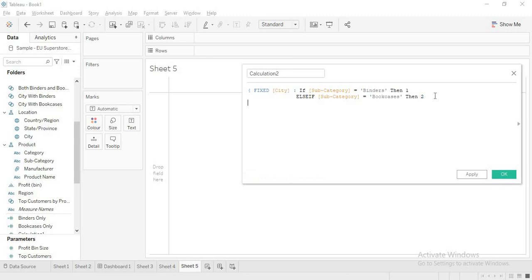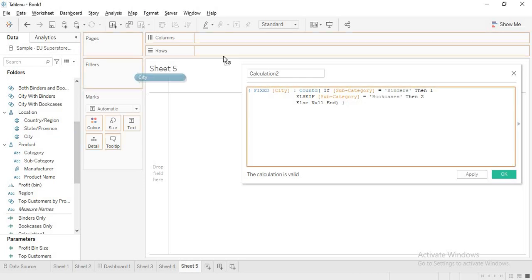Okay, now finally we'll call it else null end. Okay, I am closing this. Again I'll write here count distinct and close this. Okay, now what are we saying? If subcategory is equal to binders, then it is 1. Else if subcategory is equal to bookcases, then 2. Right? Now let me keep it like this and let me drag my city.